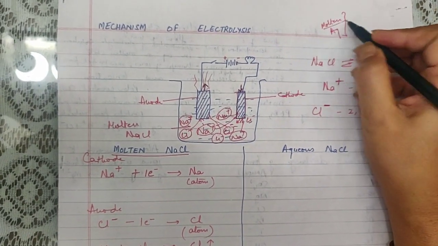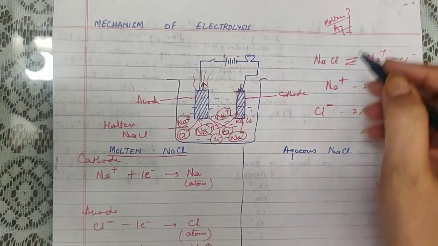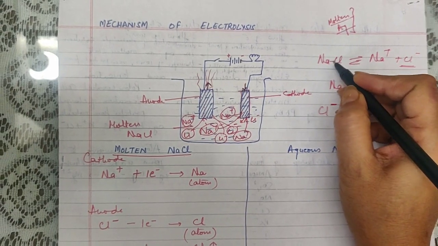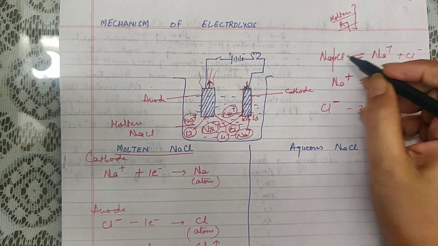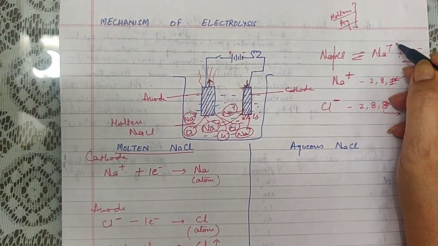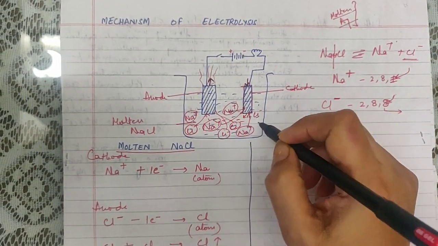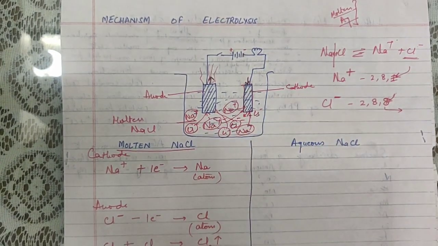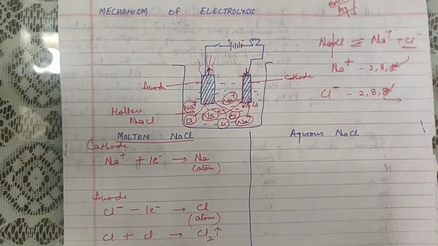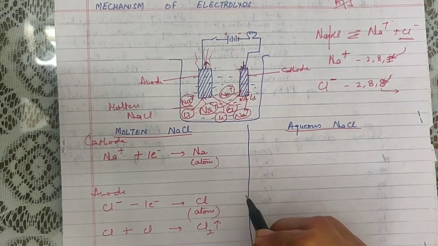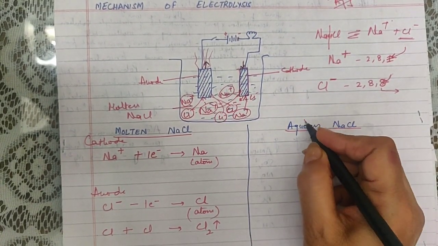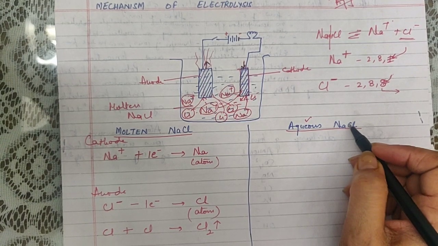Actually, when we are melting it or when we are adding water to any salt, the strong bond of attraction between the ionic compound breaks down, and that is what renders it into ions. Once we have ions in the solution, they can move to the respective electrodes easily. Now let's discuss the example of electrolysis of aqueous NaCl. Aqueous means water has been added to NaCl.